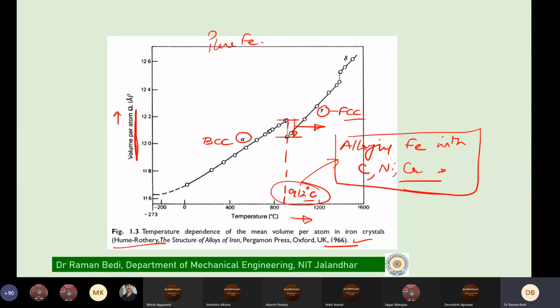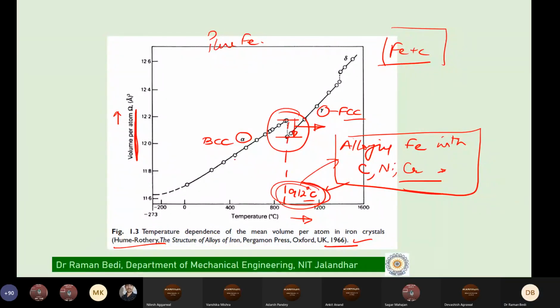Is there something which we can measure? I give you pure iron, or I give you an alloy of iron plus carbon which has a transformation temperature unknown to you. That is, I do not know whether it will happen at 912 or 800 or 700. I am not sure, because it's not pure iron. Can we then calculate, by any means, the temperature at which this transformation is happening? Is it possible?